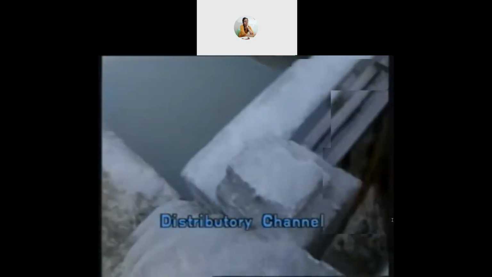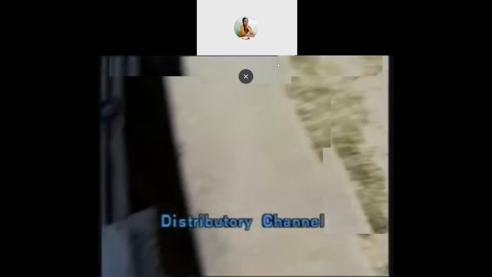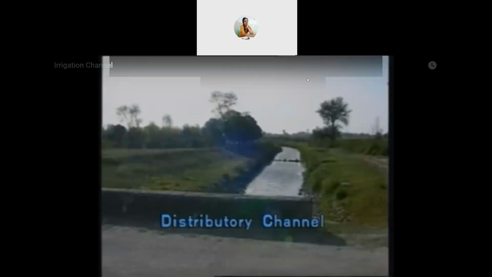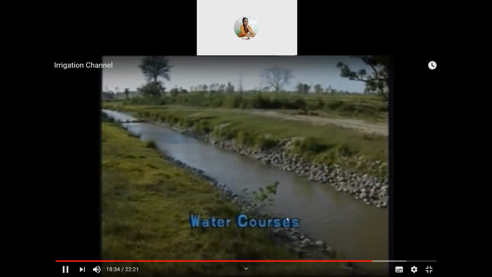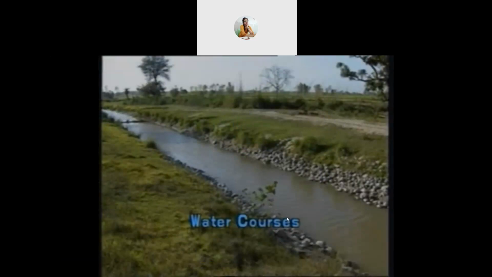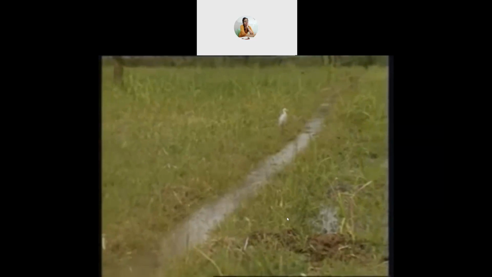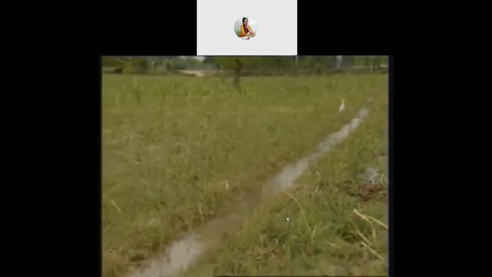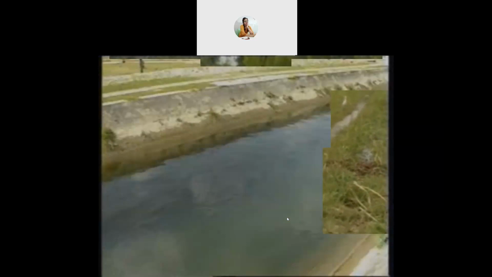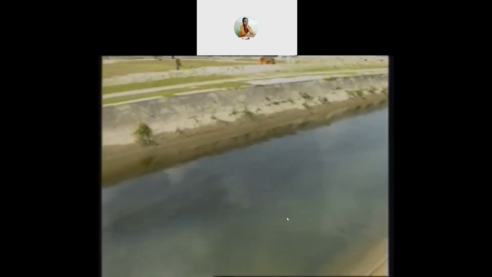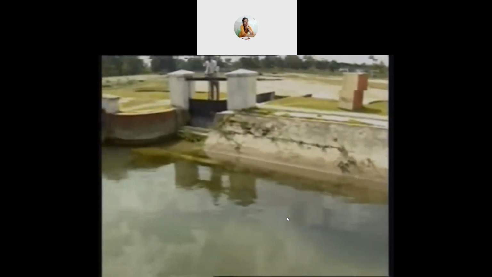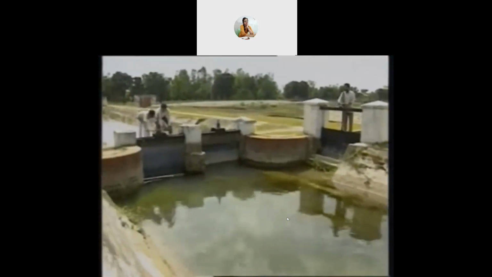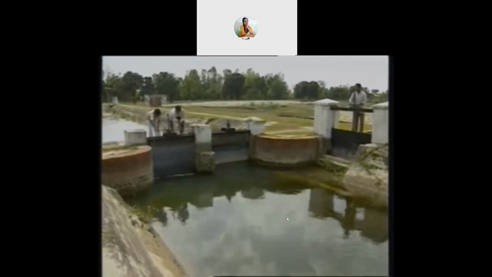A distributary can be a major or a minor, depending on the discharge. Water courses are small channels, generally constructed by cultivators themselves. They run from outlets provided in the distributary channel and convey water to field channels. For water distribution, it is necessary to adjust the discharge in a channel to any known value. This adjustment is carried out by the regulator at the headworks. In this process, sometimes it becomes necessary